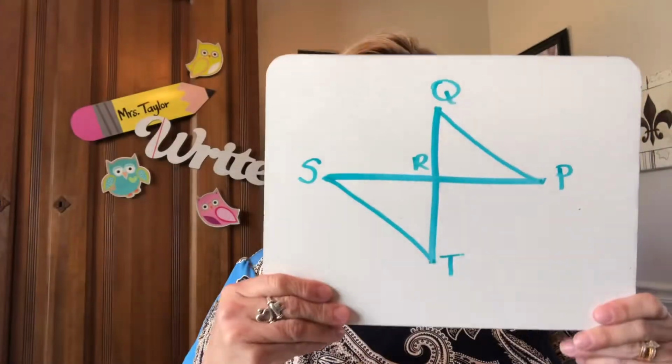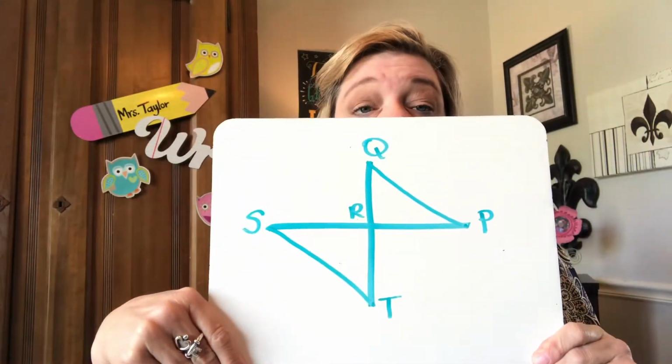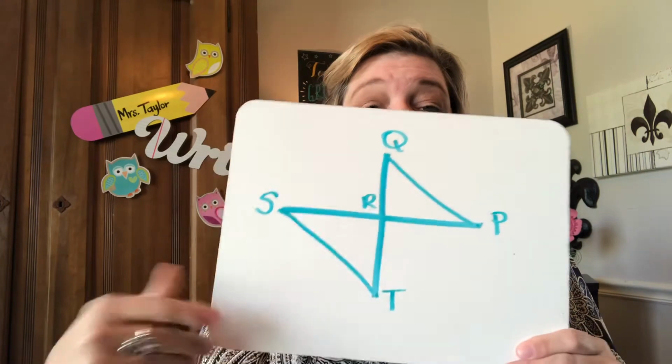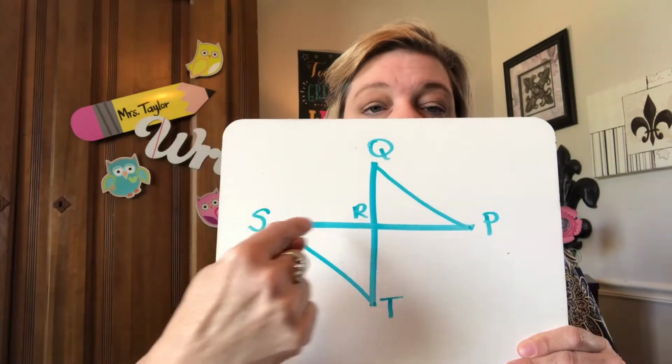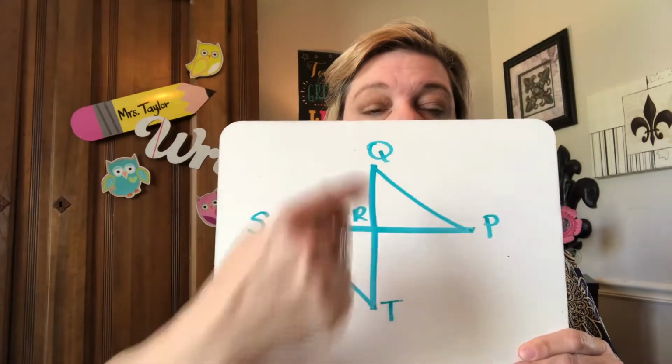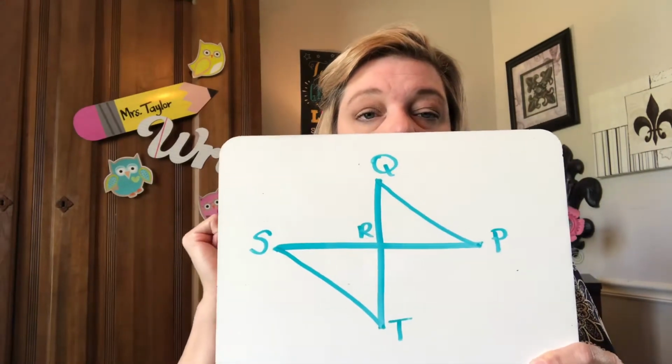So we have S, R, T, P, Q. All right, so this is number 12. I'd like for you to try to draw this on your paper. If you'll notice, there's one straight line this way and a straight line this way, and then you'll go ahead and close them up to make them triangles. So the question is asking,